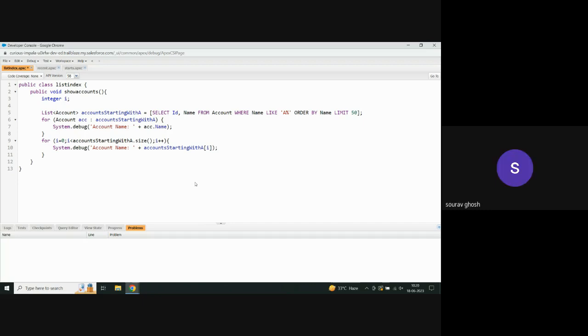Correct? First way, in line 6, what you have done is defined one account object ACC, with a colon and your list name. With this syntax, you are actually putting all the accounts one after another in this ACC for each iteration of